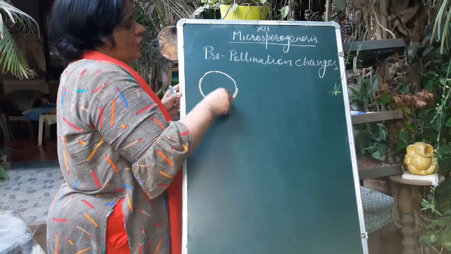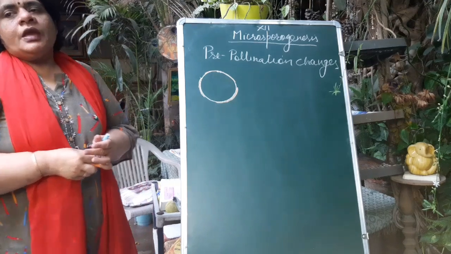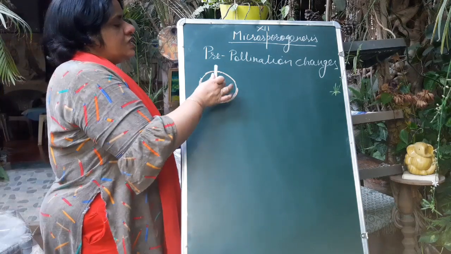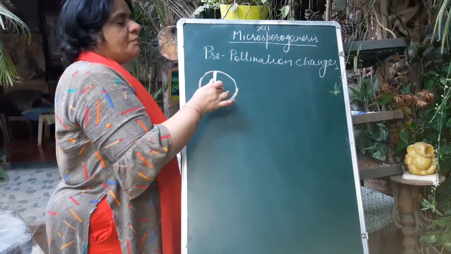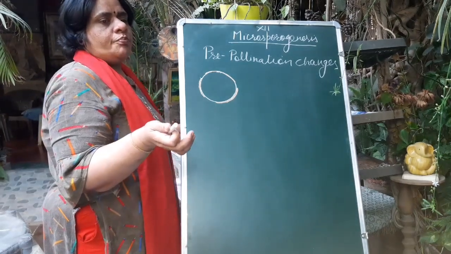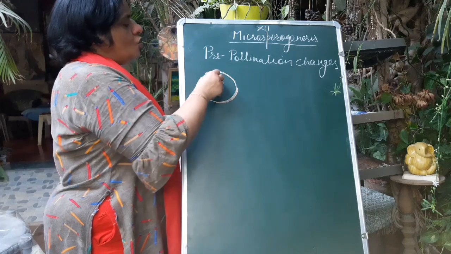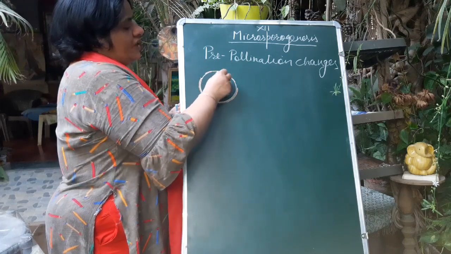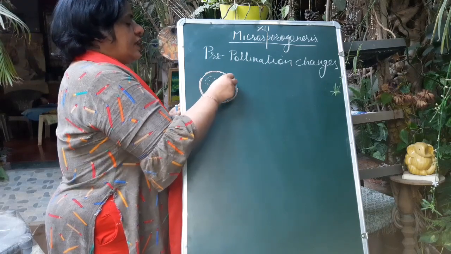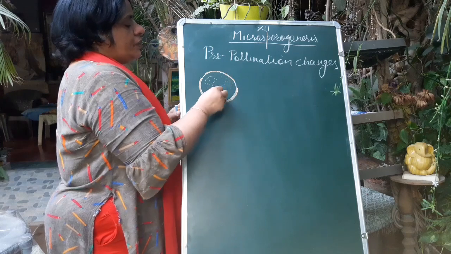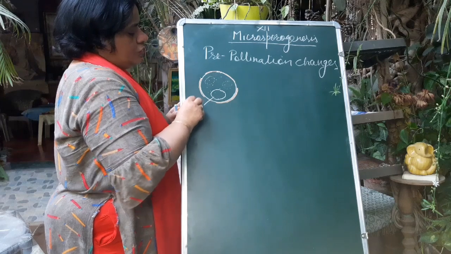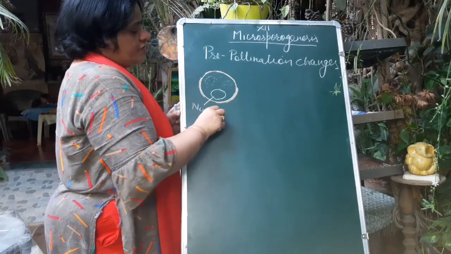It is the first cell of male gametophyte, and in this newly formed pollen grain, the nucleus is present in the center. Development of pollen grain takes place in the microsporangia or pollen sac. Along with this is the cytoplasm of pollen grain. Along with growth of pollen grain, vacuoles get developed and the nucleus is pushed to a side. This is the nucleus which is pushed to a side.